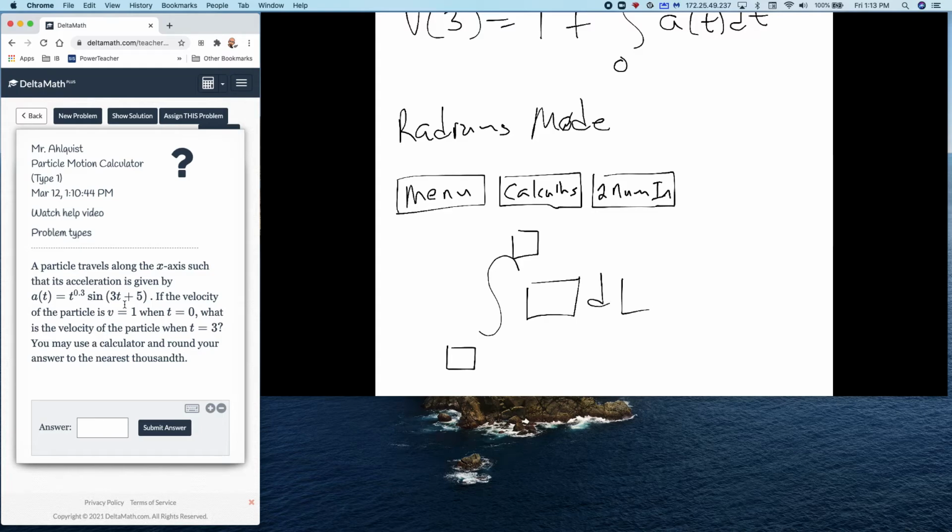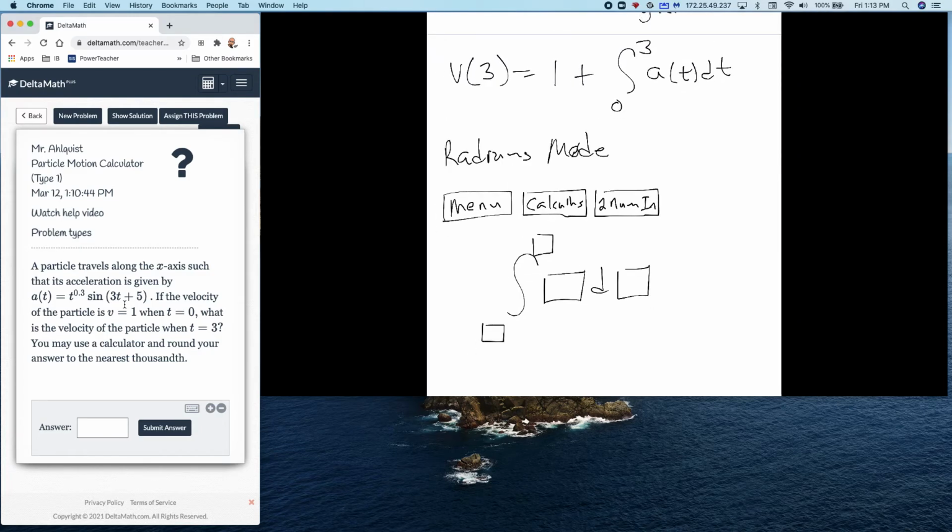Now, before you do this, I would always do this in terms of x. Before you do this, you do 1 plus. And then you would go through and put in all the things that you'd have. If you hit doc 7 2, that'll get you to be able to do it, and then hit enter a bunch of times to get the calculator to think it's in terms of radians. But if we do this one and we go from 0 to 3,